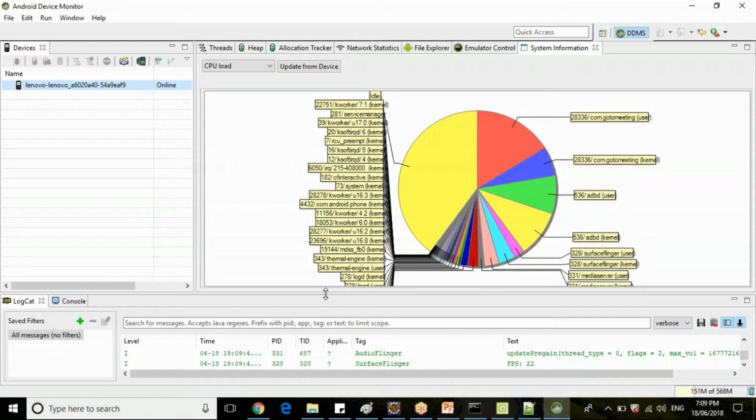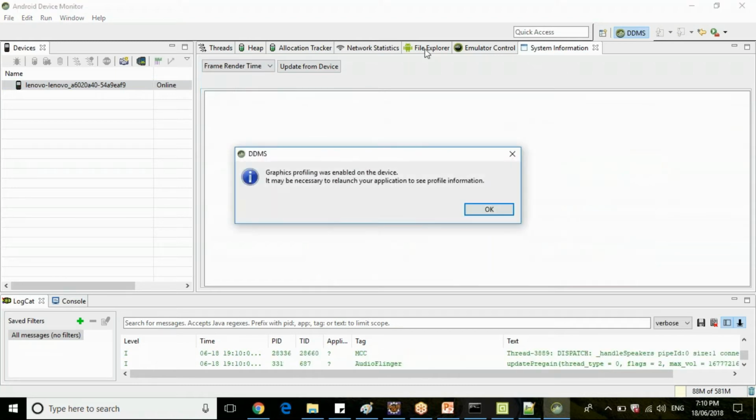So DDMS is nothing but Dalvik debug monitor service, which means you're monitoring a device directly from your Android SDK. What is the memory? What is the CPU usage? What load have you kept for CPU usage? And what is the frame rendering rate?